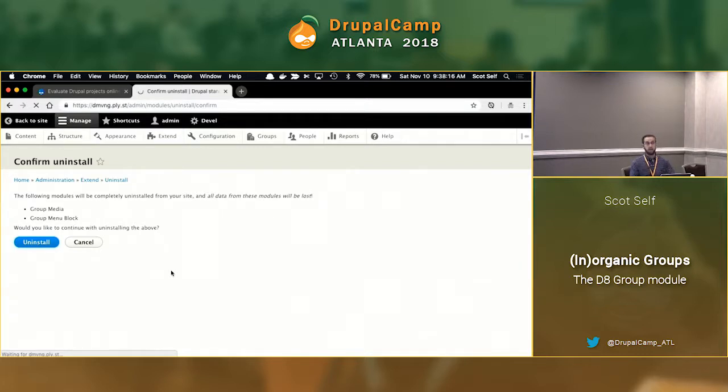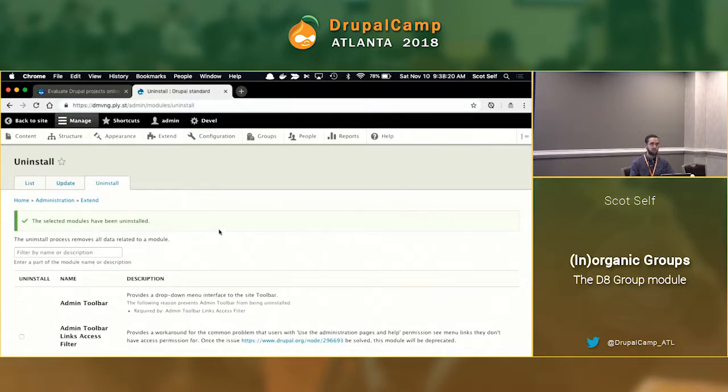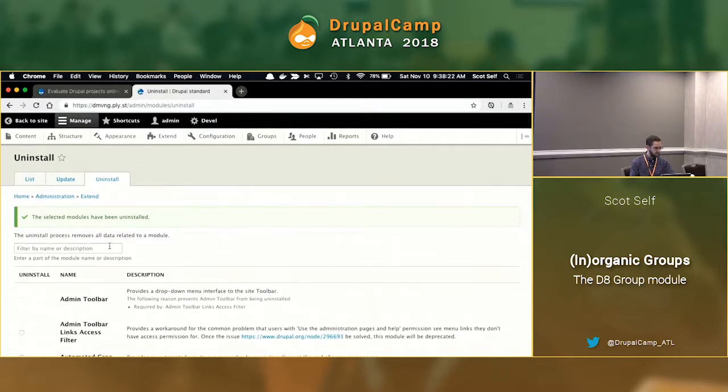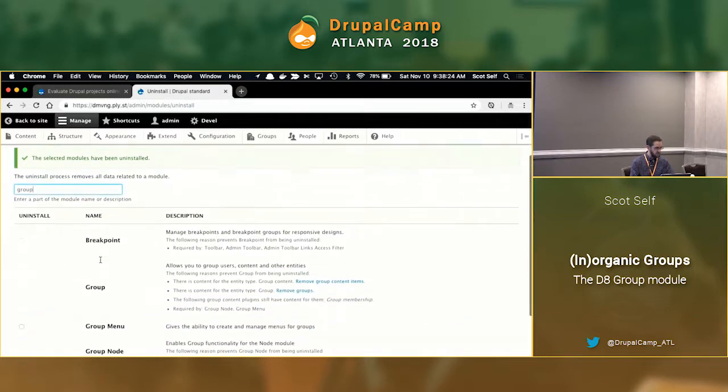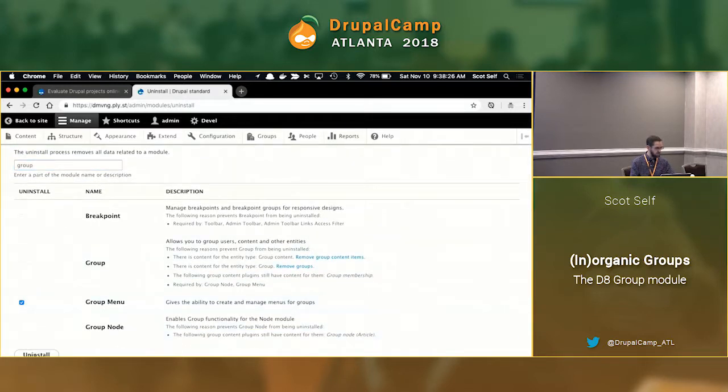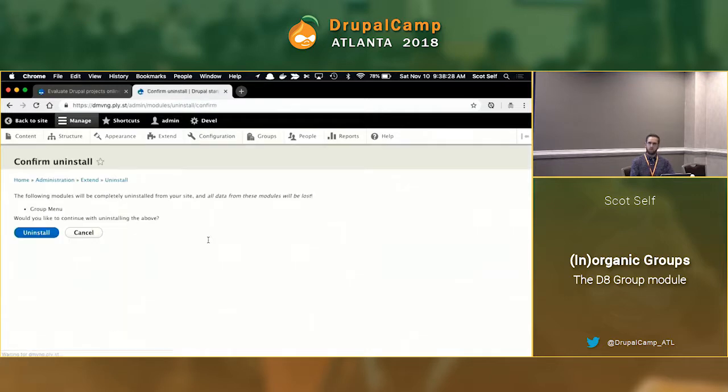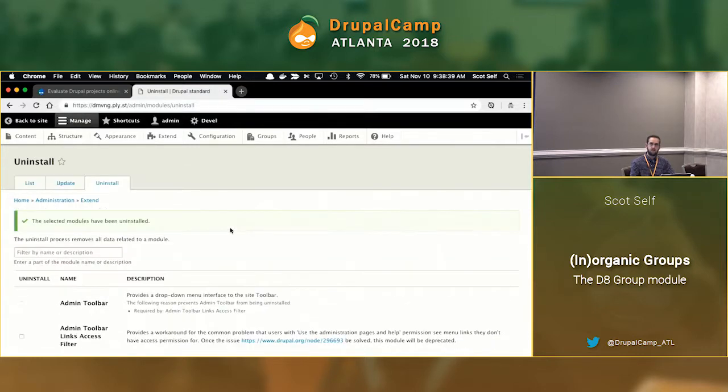Hopefully overall you're getting the idea anyways. It's not that terribly complicated, especially if you've dealt with organic groups in the past. A lot of it makes a lot of sense. I think the configuration makes a lot more sense, other than that one little weird thing to me. But it strikes me though as a little bit like some of the stuff that happens in media. You know, they've made it very click, but you have to maintain this giant conceptual model in your head to